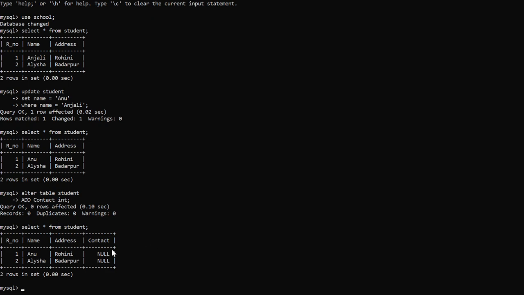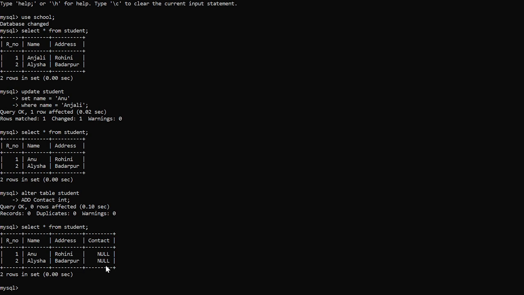Now we have this record with a null field in this column. If you want to update this null field with any number, like I want to update this null field with 1 2 3 4.